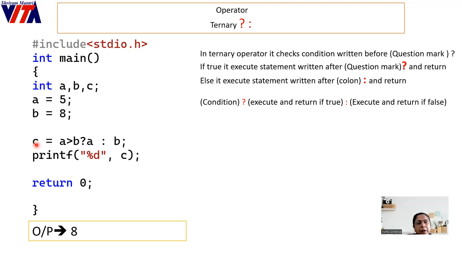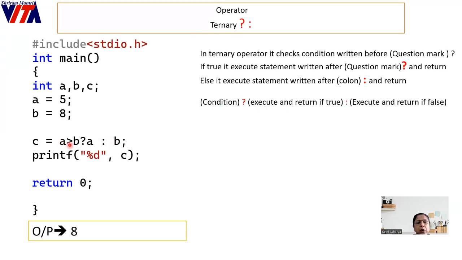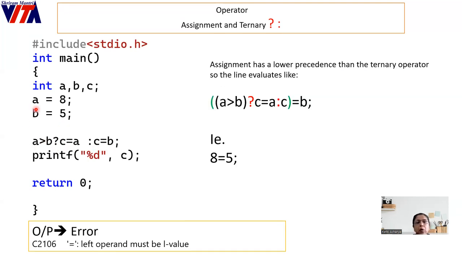Now, can I write C equal to A within the ternary operator? Let's try to understand what an L value error is. In this example, though we are using the ternary operator, we are actually using ternary and assignment both. Keep in mind, the ternary operator has higher precedence than the assignment operator. So in the previous program, there was no issue because it executed the ternary first and then we were assigning. But in this example, what we are trying to do is use the ternary operator